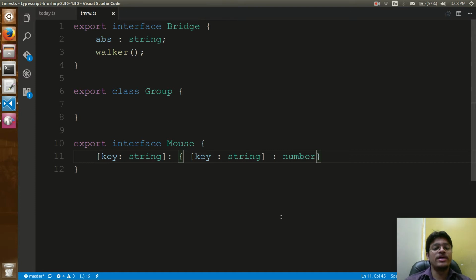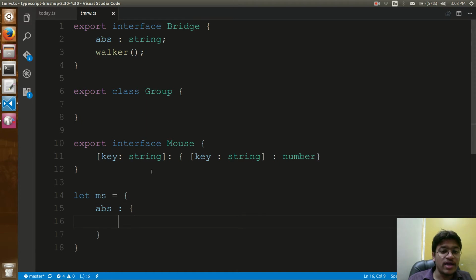Now what I'm doing over here is completely dynamic, right? See here, key. Now you can create an object, let ms is equal to one object. Here you can say ABC and is of type object, right? And here you can say PQR, and here you can say of value 10. So can you resemble this with this? They are in the same shape